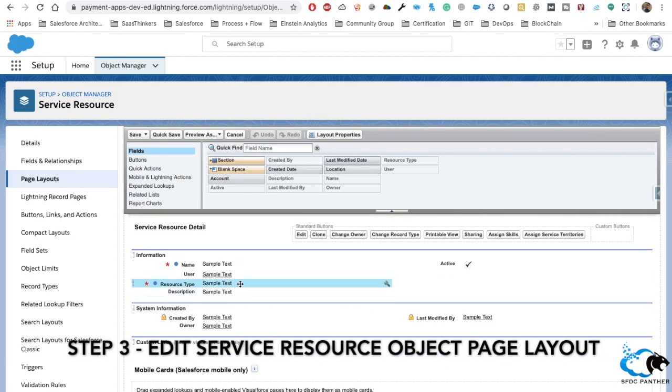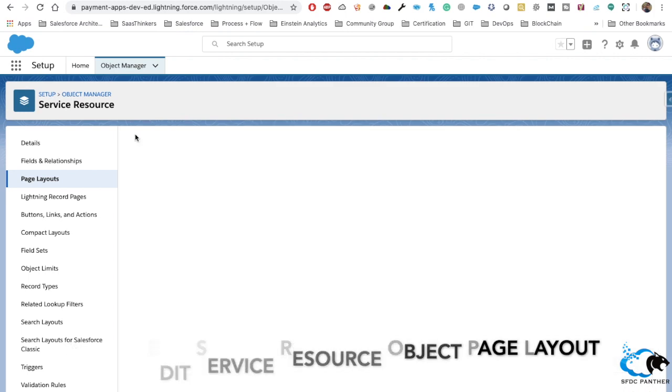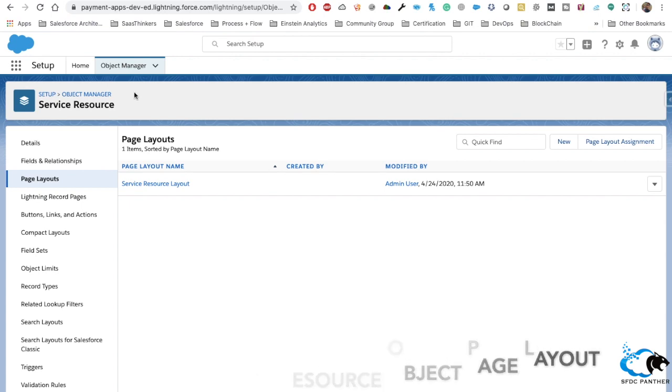If any fields are missing, like user, please add that field to the page layout. If the active checkbox is missing, please add that field as well. And then resource type, which is a picklist field containing various options that we will discuss. Now after changing your page layout, quickly save it. Now we are done with the service resource page layout.